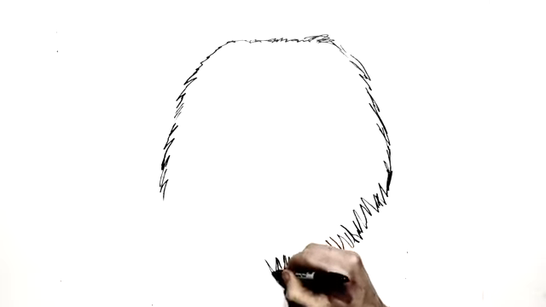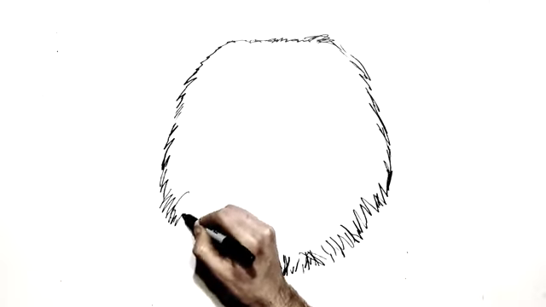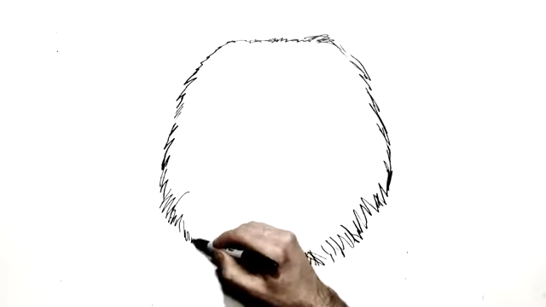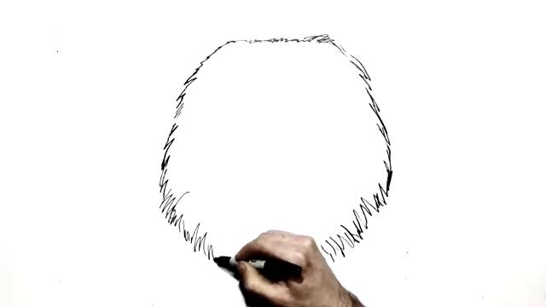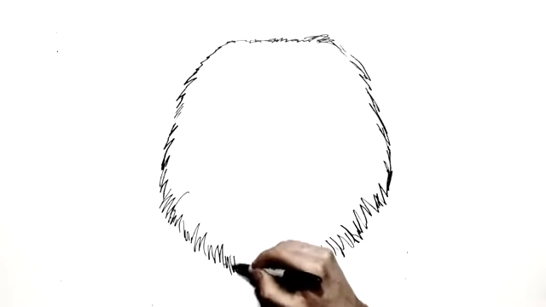Maybe a bit of a chin kind of here, right in the middle, and then we'll do the other side, come back down towards the middle here, traveling all the way. It's a big round face of a bear,